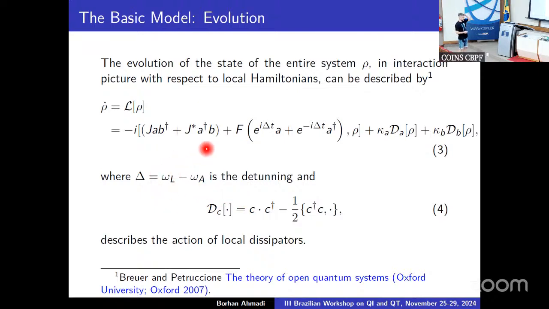whole system is described by a master equation in this form. So the first two terms are for the coherent interaction and the laser field, and the last two terms are for the local dissipation of the charger and the battery with decay rates kappa A and kappa B. And this is the famous form of this GKLS dissipator. Here in this paper, I'm assuming in this presentation that the environment is at 0 temperature, because I don't want to inject energy by the environment.